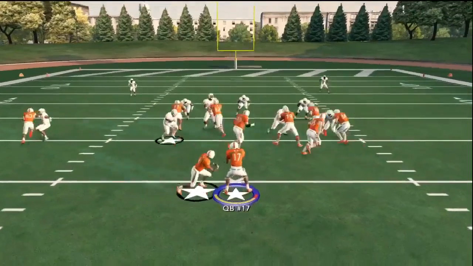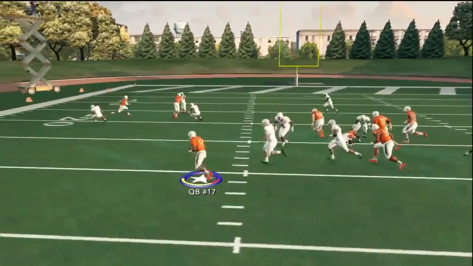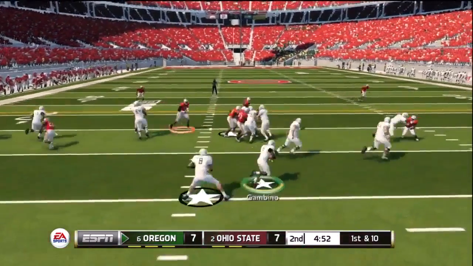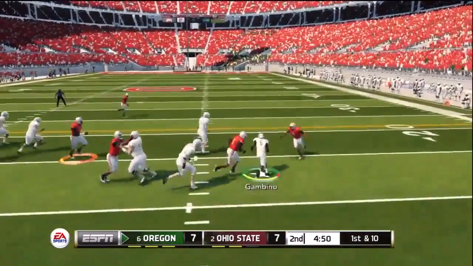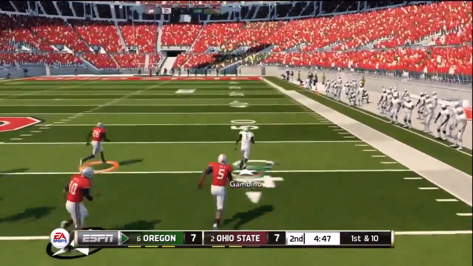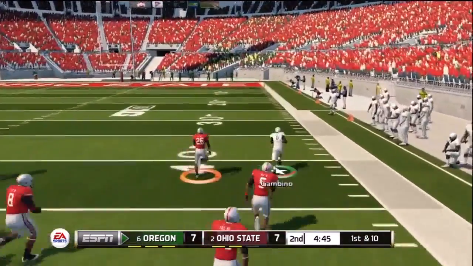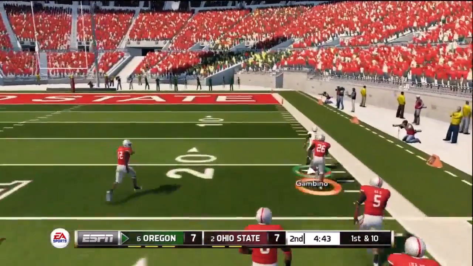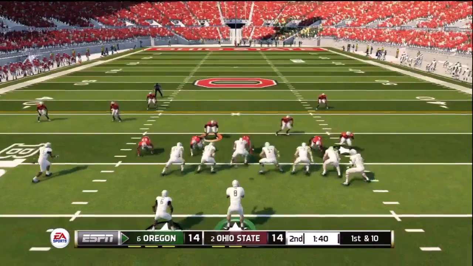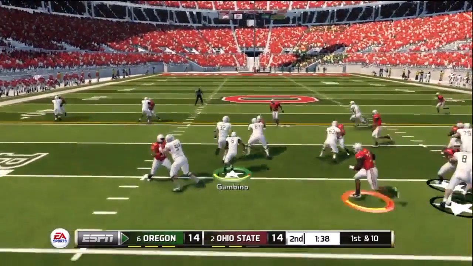So hold the A button until we hand it off, then we need to hold speed burst and get to the outside. If you followed me last year for NCAA 13, I'm sure you saw a play that I showed called strong power out of the pistol trips formation. It was actually my favorite run play of the year last year, and the reason I loved it so much is because unlike your typical power O running play, it actually had 2 guards pulling, which made it very, very